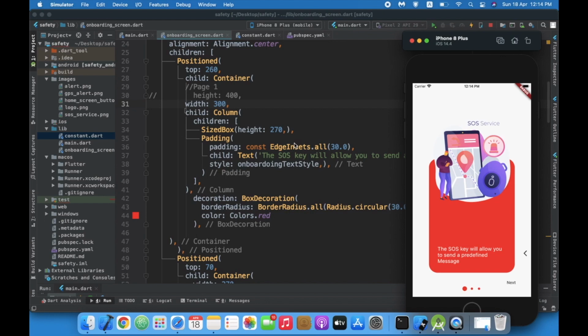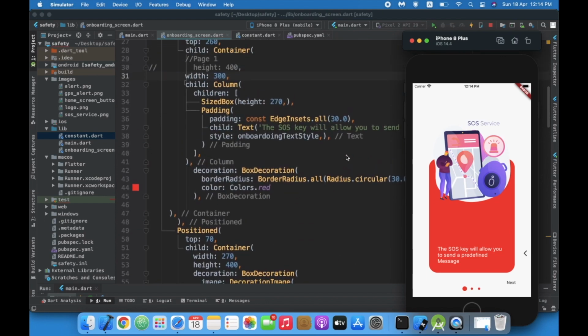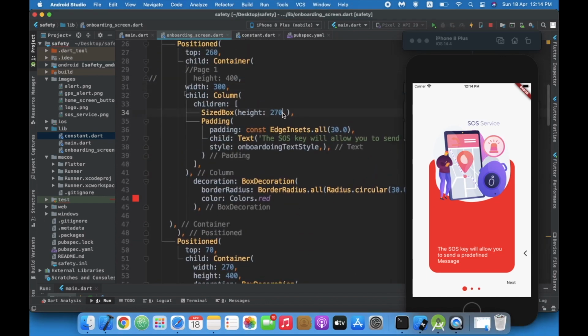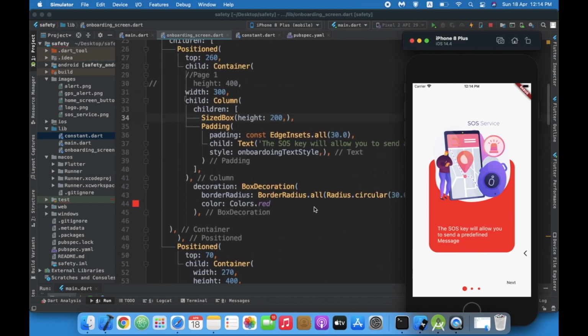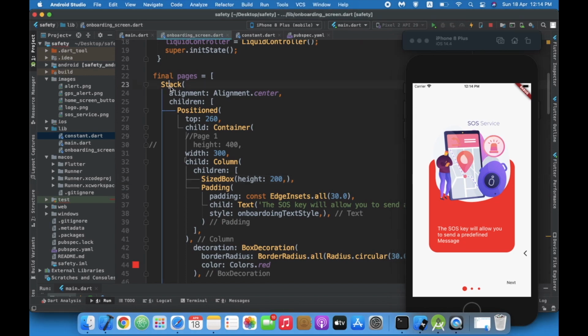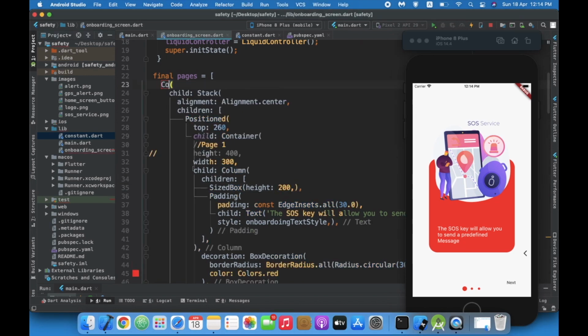Okay, and the sized box height will be 200. So now you can see how our image and our first onboarding screen is starting to form. And I am going to wrap this entire widget into a container.